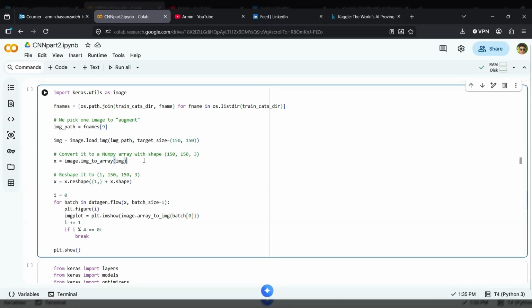Now, here's an important step: we need to reshape the array because our model expects batches of images. Even though we're only using one image, we need to add an extra dimension to represent the batch size. So we reshape it to 1, 150, 150, and 3, where 1 is the batch size and 150 is the image size, and 3 represents the